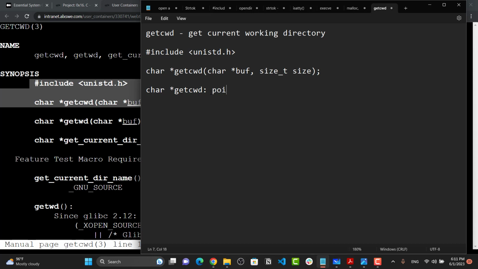So it's a pointer variable to hold the absolute path for the current working directory, and char buff and the char size, like it's a temporary store. When this function reads the absolute working directory, it writes it here. So it's like a store